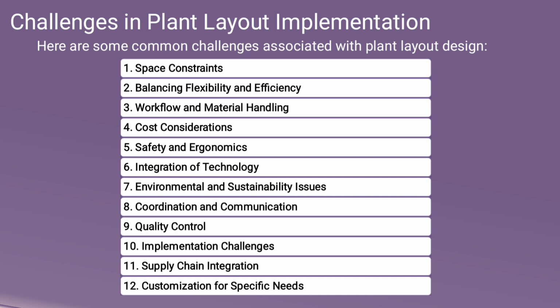The first one is space constraints. If you have limited space for arrangement of machinery and equipment, it is difficult to design an optimum layout. Designing a layout that accommodates future expansion can be challenging, especially in facilities with fixed boundaries. And balancing flexibility and efficiency: achieving a balance between a flexible layout that can adapt to changes and a layout that is efficient for current operations